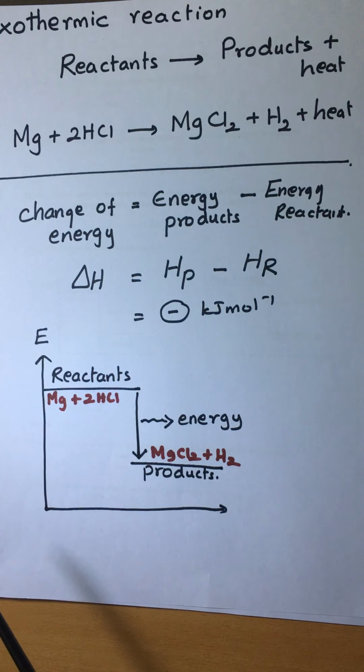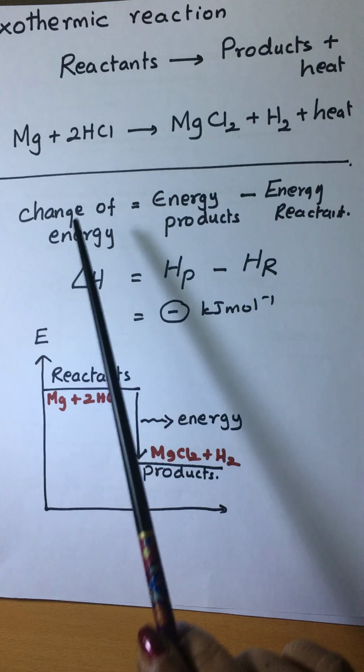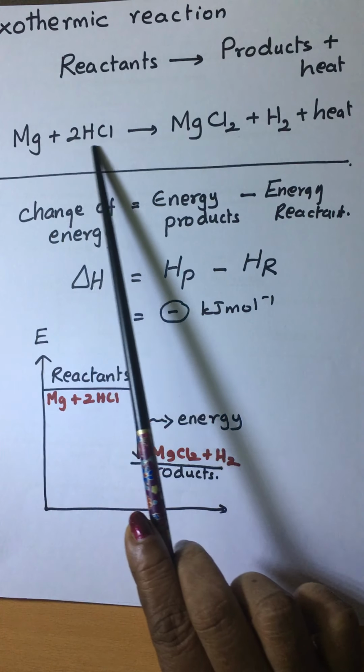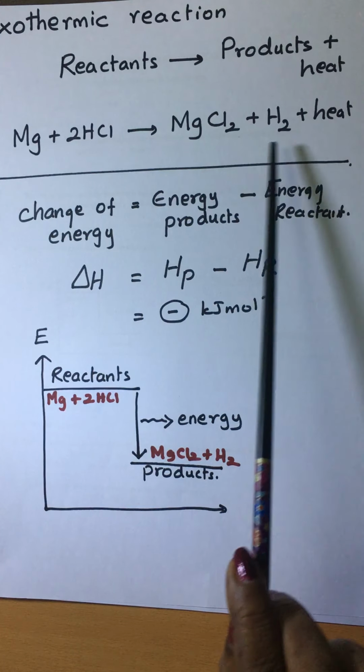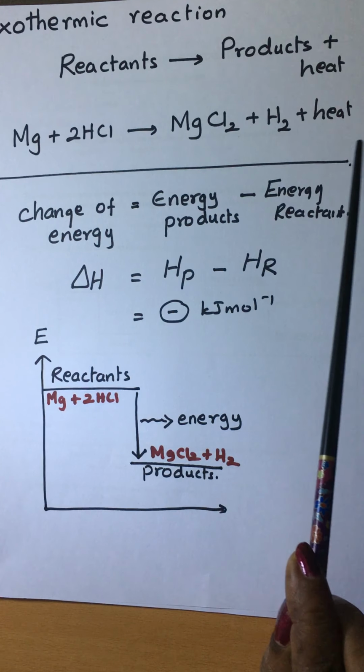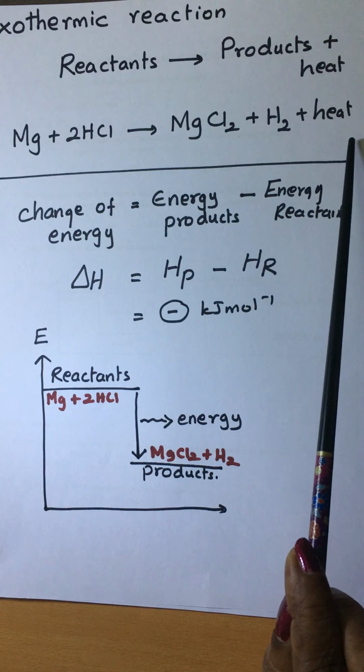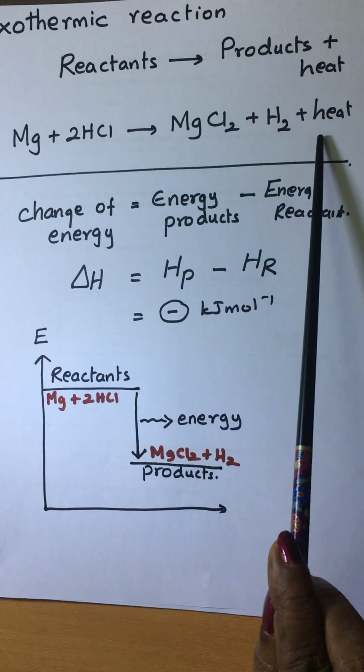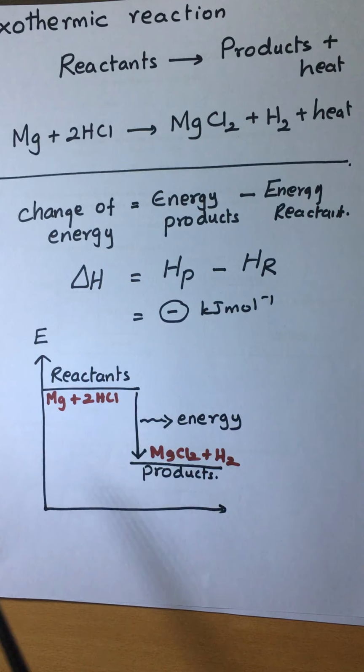that is an exothermic reaction. In some equations they give the equation, and after that they put delta H is equal to minus and a value, for example minus 135. So you know the minus value means that it is an exothermic reaction. There are examples. So next one, the endothermic reaction.